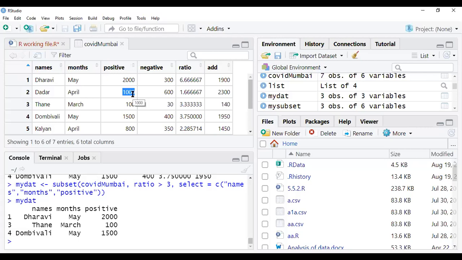Can you write the command for this? You are not asking questions, so now I am asking the question. What is the question? Suppose I'm interested in which location my number of cases is 1000. So how to write the command for this? Anyone can tell, or you can write in the chat box, no problem.